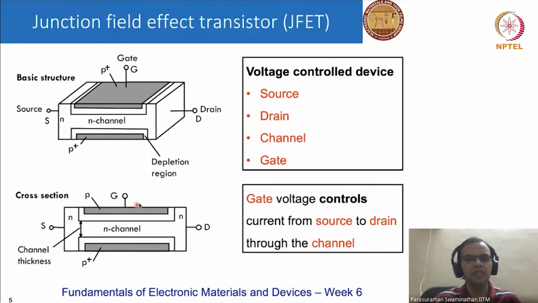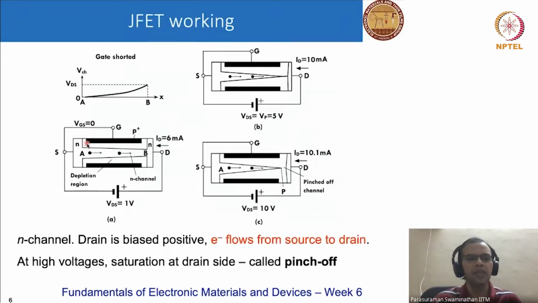So essentially, this is an example of a voltage control device. Now, when the gate is shorted out, so basically when there is no potential applied to the gate, we apply a positive potential to the drain, so electrons can flow from the source to the drain. However, applying a positive potential means that the drain and gate are reverse biased, and so the channel tends to narrow off. As we keep increasing the drain voltage, at some point, pinch off occurs,